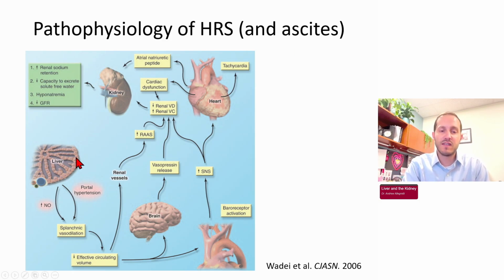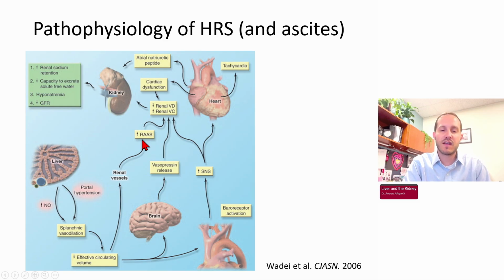Hepatorenal syndrome is indeed a disease of the liver where you have a highly fibrotic, resistant organ where there's vasodilators and inflammatory mediators that dilate the portal or the splanchnic or the mesenteric system. So all this blood is pooling away from the systemic system, so you have decreased effective circulating arterial volume. And when your body senses that, it has all these mechanisms that are designed to fill the tank back up and vasoconstrict, and that includes